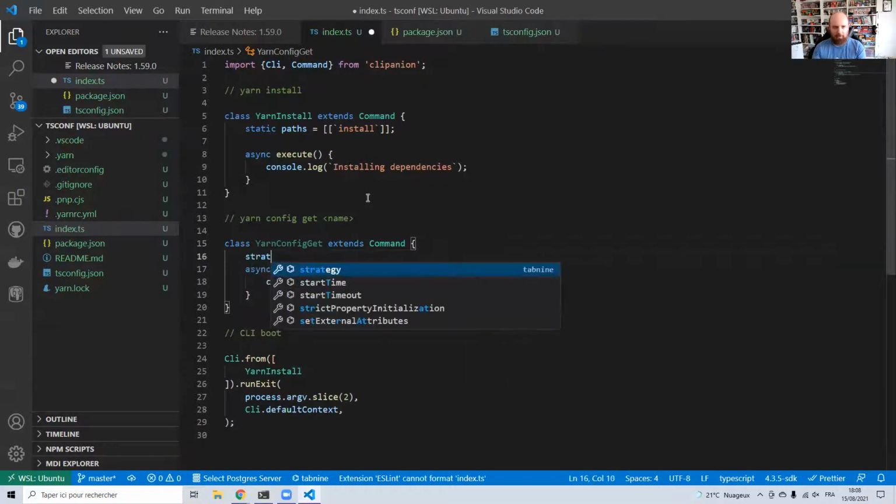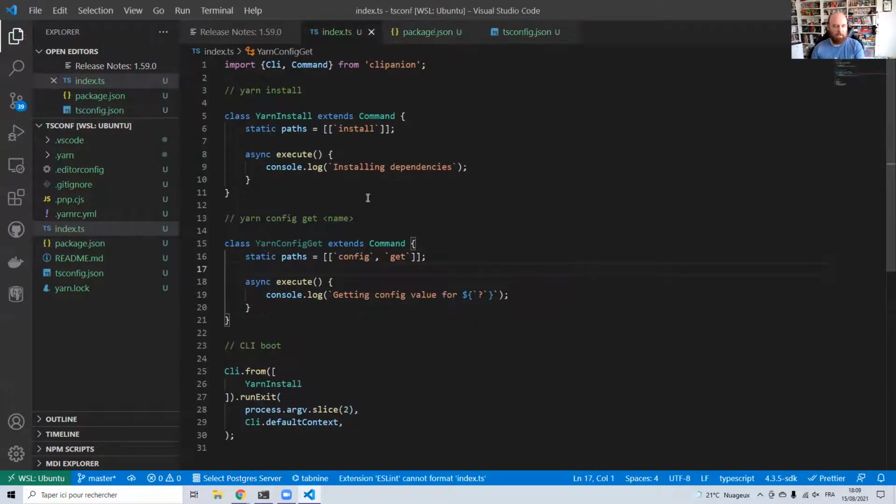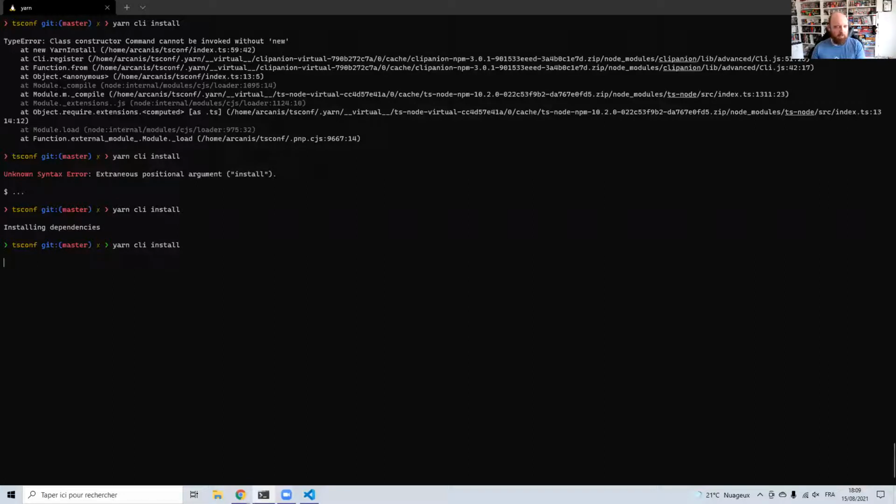Let's leave that as a placeholder. And finally, I have my static path, which is config get. See? Multiple words because the function can be accessed via a long path. And I add it to the command array. Running cli install still called the right one, and this time writing config get